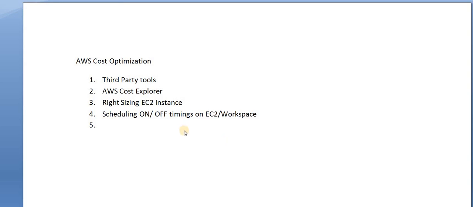Okay, so the next method which we can use is purchasing the reserved instance and enabling the savings plans. You know that this particular server is currently on very high billing, and you know this server is not going to shut down, or we can say be deleted or retired in the next 2 years or 3 years. We can add those servers into reserved instances. If you add those servers into reserved instances, automatically the reserved instance savings plan will